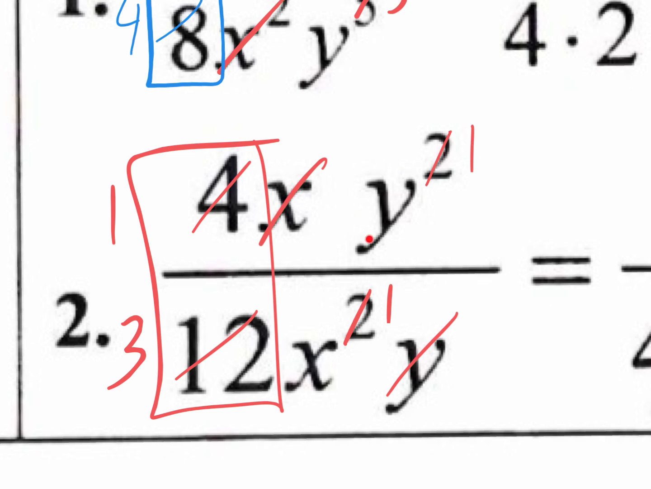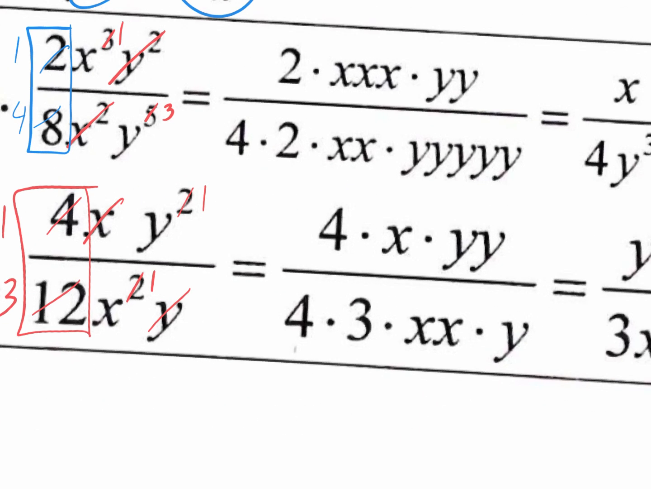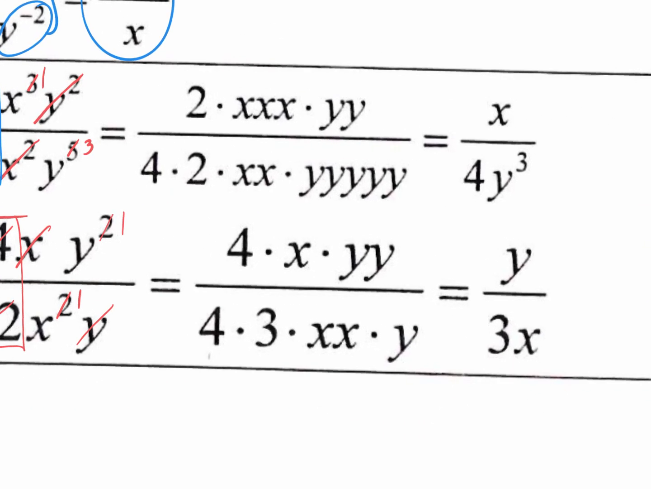So you're just going to have a y on top. And on the bottom, 3x to the 1. It's just going to be a 3x. So y on top, 3x on the bottom. That's what we have. Y on top, 3x on the bottom. You don't have to show this work. Okay. So if you flip the paper over,